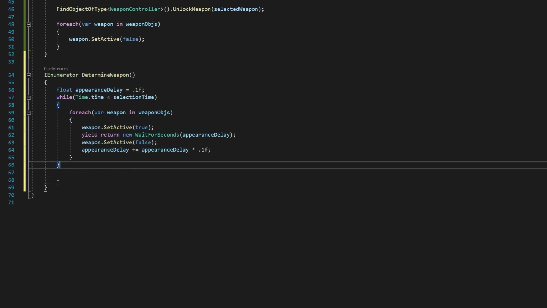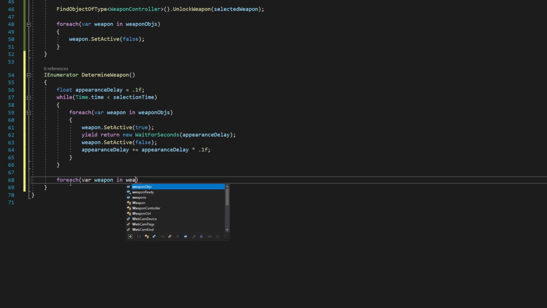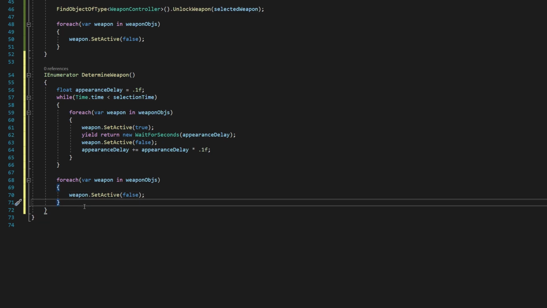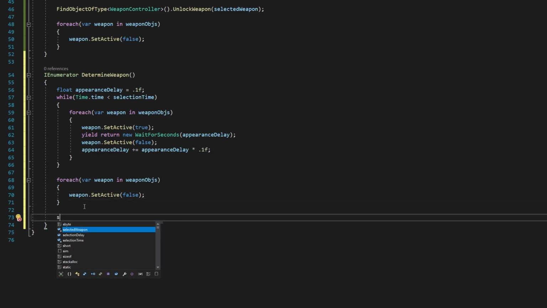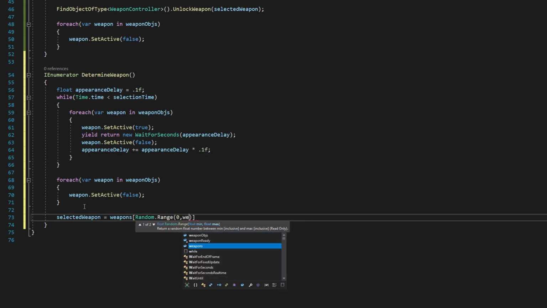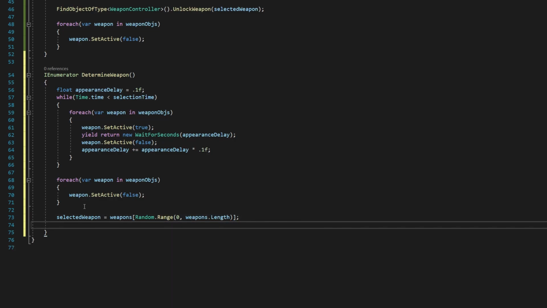Next, we're going to go outside of our while loop and add a little space. And we're going to say foreach var weapon in weaponObjects, just like we did inside the while loop. But this time we're going to just set them all to false because we want to make sure all of them are turned off. And then what we want to say is selectedWeapon equals weapons[Random.Range between 0 and weapons.Length]. So we pick a random weapon, and then we're going to say weaponObjects, and then